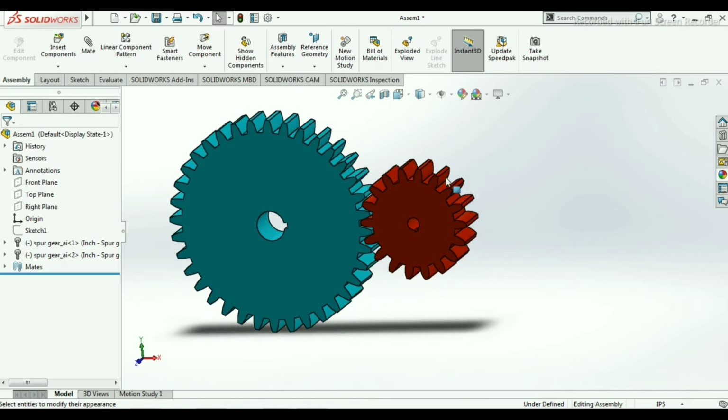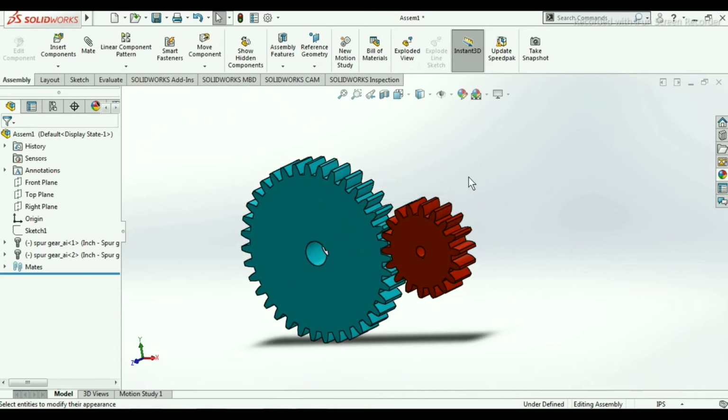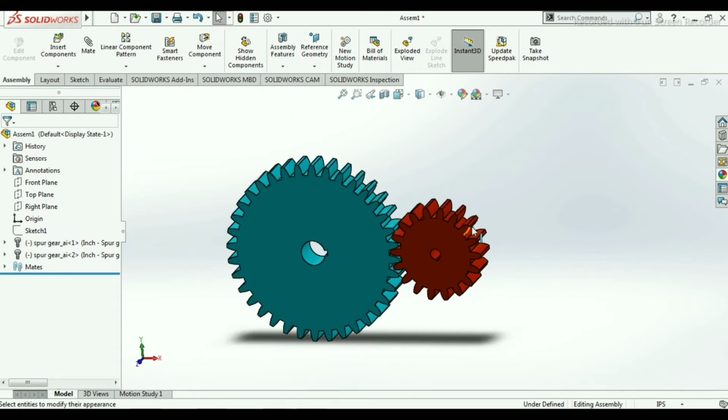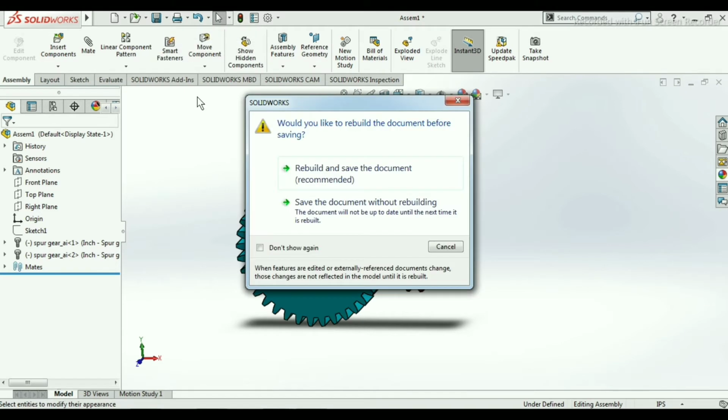Now we are going to see how to give the motion analysis for these two spur gears. Before this, we will save this assembly drawing. So click here, Save As, and click on save the documents without rebuilding.